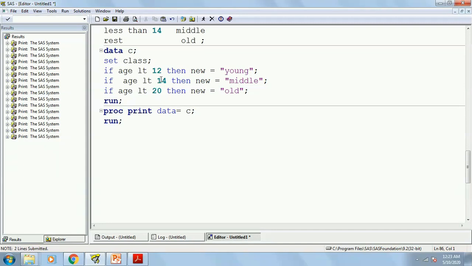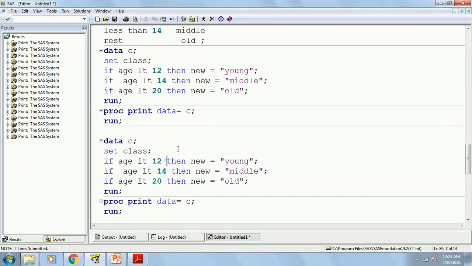But I wanted to have less than 12 as young, 12 to 14 as middle, and the rest old. So what I need to do is, I need to mention them: if age less than 12, I mean this one is correct, and then I should be writing if age not less than, greater than or equal to 12 and age less than 14, then middle.